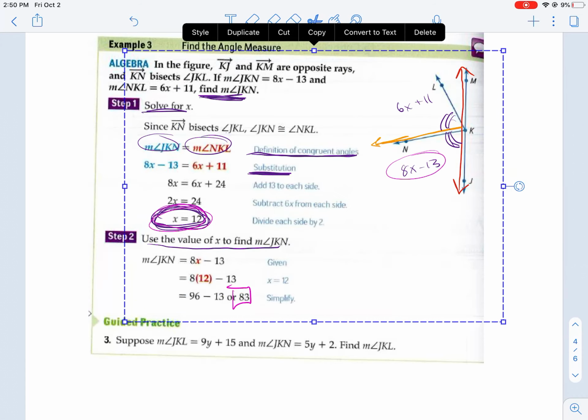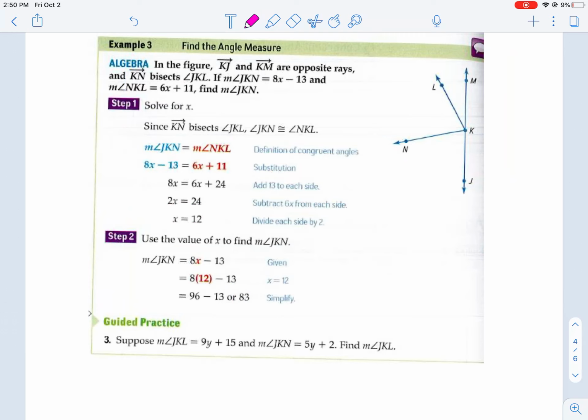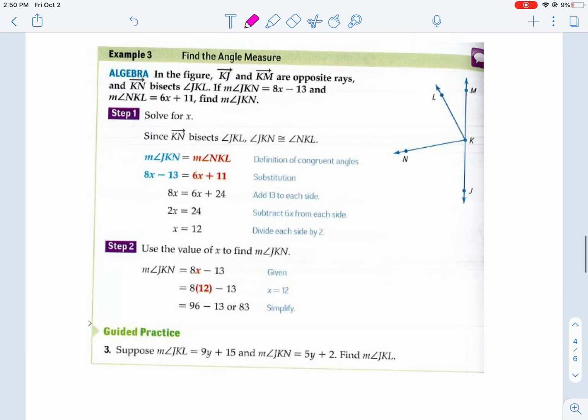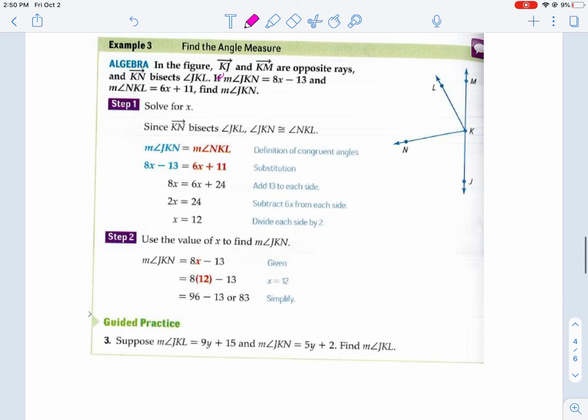Let's clear it out and try the one on the bottom. Now we're going to have to work through this one on our own. It says suppose JKL. We're using the same thing, supposing all this stuff over here in this figure. We're just changing the numbers a bit. It says the measure of JKL